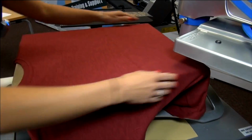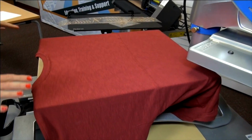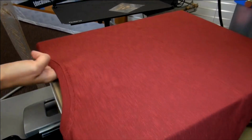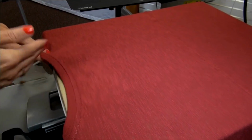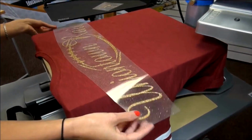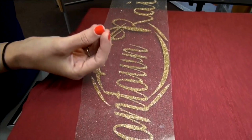I chose to use the heat press for this decoration because it allows me to personalize low quantities and a variety of finishes. Also, whenever you're decorating this, keep in mind that the garment is very lightweight. So you can choose a heat transfer material that is lightweight, like a CAD cut material or also a screen printed transfer. One really popular trend for these garments that I'm going to be showing is actually a glitter heat